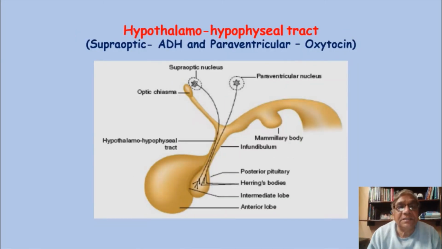And lastly, this is the hypothalamo-hypophyseal tract. That was the portal vein. Here it is a tract. That means two different nuclei which we learned in the last video also, the supraoptic nucleus and the paraventricular nucleus. The supraoptic nucleus, which is in the lateral zone, produces the antidiuretic hormone, and the paraventricular nucleus